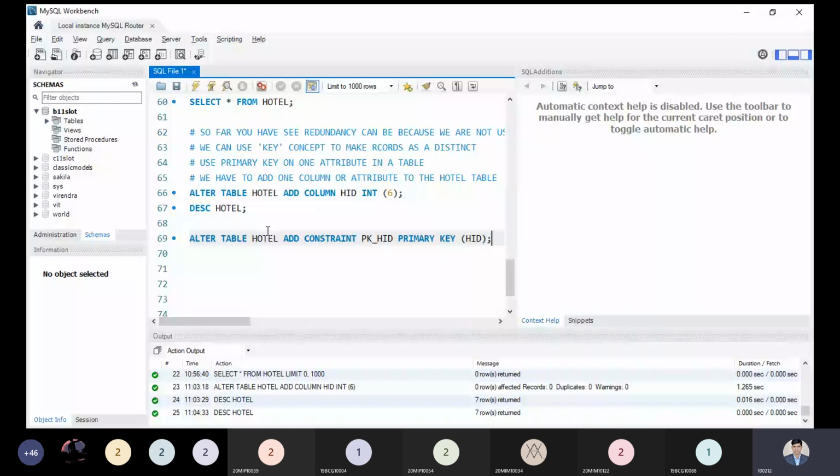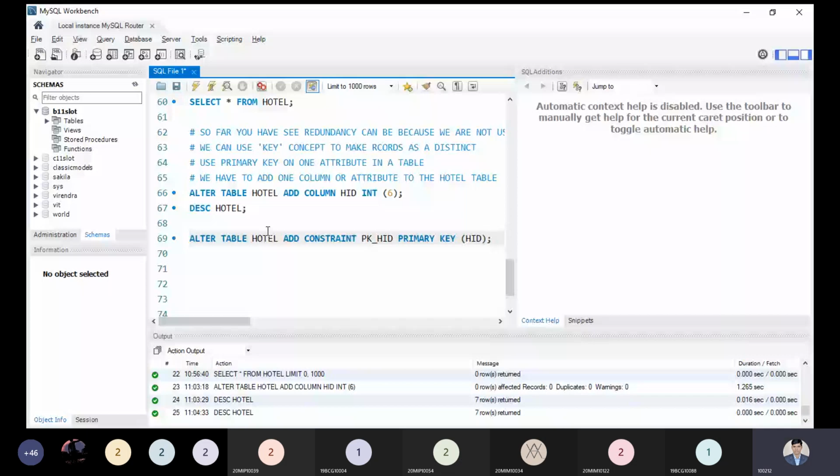So far, tell me if you have any doubt. Please ask me. Yes, tell me. We are adding the primary key and making HID our primary key. Right? Just tell me right now. The syntax is clear. We are adding one constraint on our table hotel, and that is PK HID. PK HID will be identified by the internal compiler, internal policy, and that will not be shown specifically over here. Is it clear to all right now?